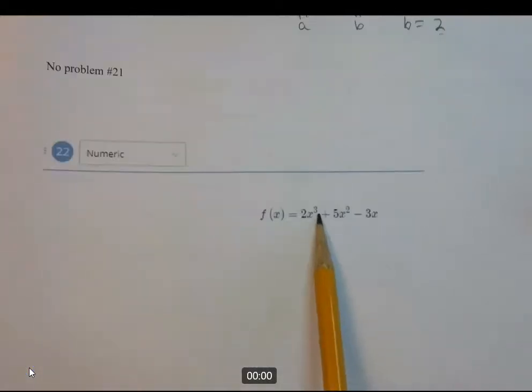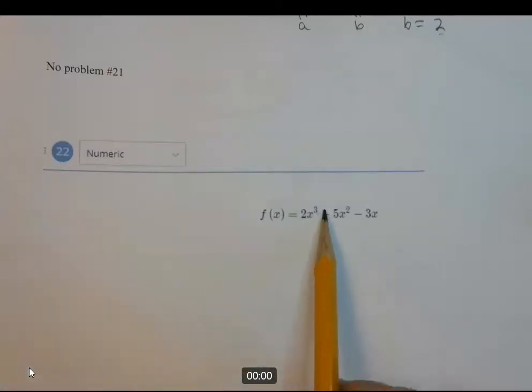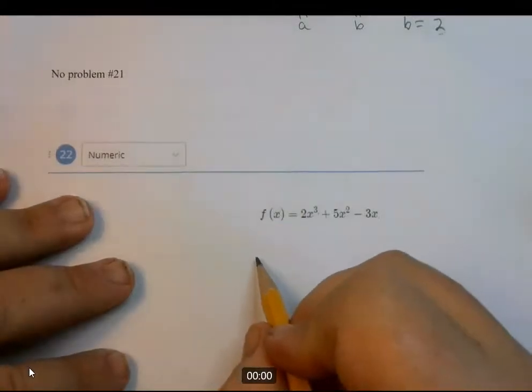All right, so 2x cubed plus 5x squared minus 3x. None of the methods we've talked about so far would do a cubic like that, but you'll notice we can factor before we get started doing anything else. What do these all have in common? They all have an x. X to the third, x squared, x. So what we can do is we can factor out an x,